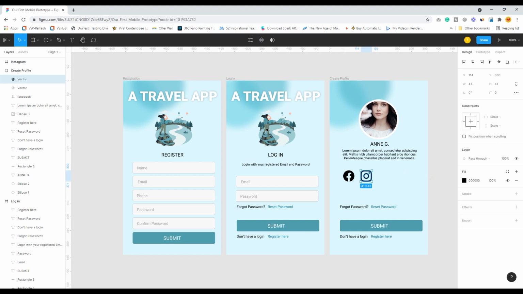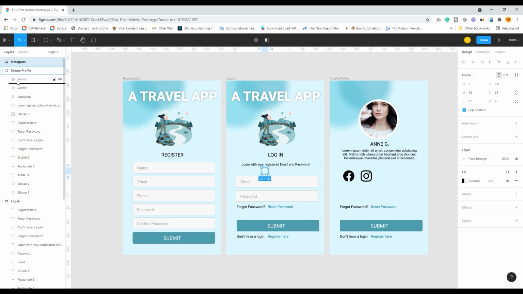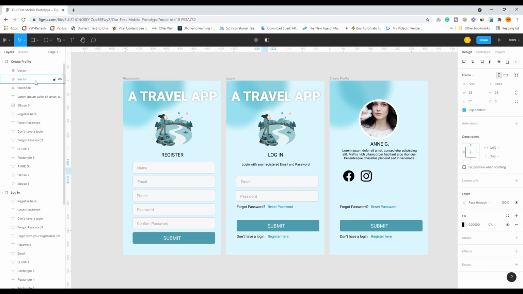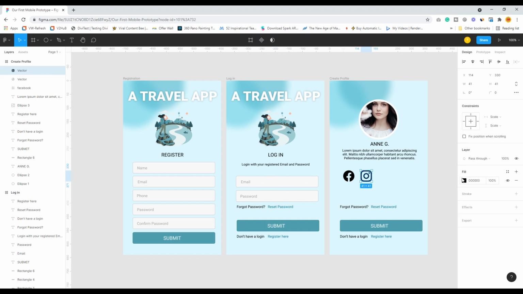Lovely. Always watch this place. See, the Instagram frame is actually created outside, so you have to drag it in the same section, so that they remain in the same frame.